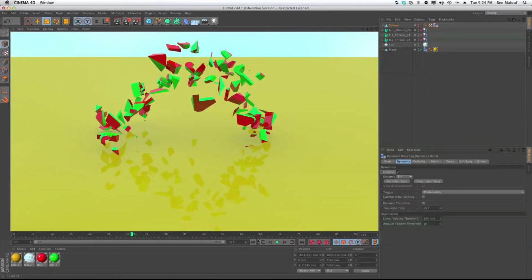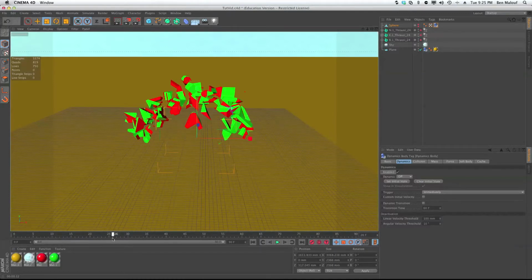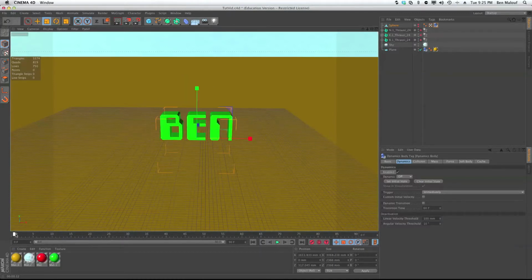Next thing that I would like to do is add a little fire to this explosion. So I've got a little technique that I use for this. It may not be the best way, but it's pretty simple, it's pretty easy, and that's sort of the idea with this particular tutorial. So I'm going to advance to 25 frames and create a light,